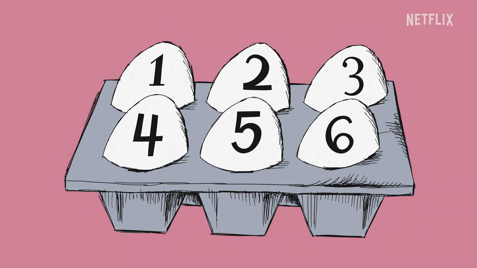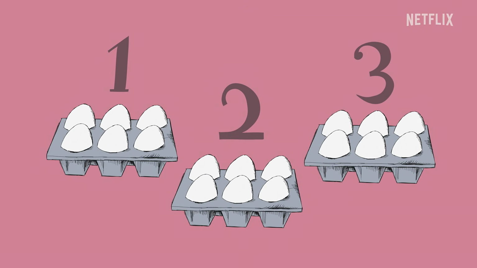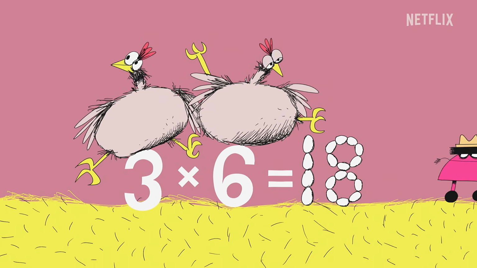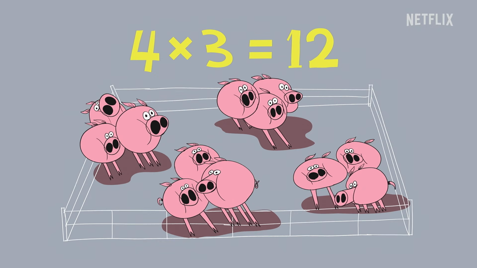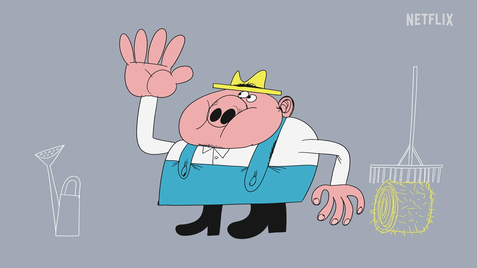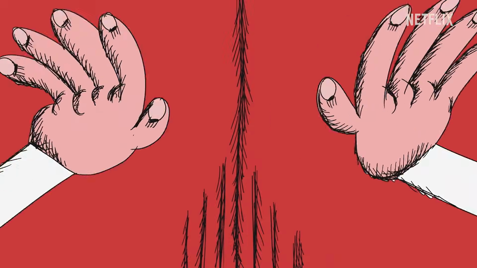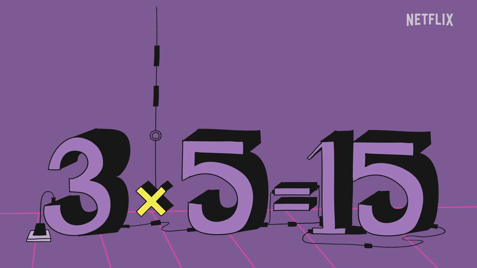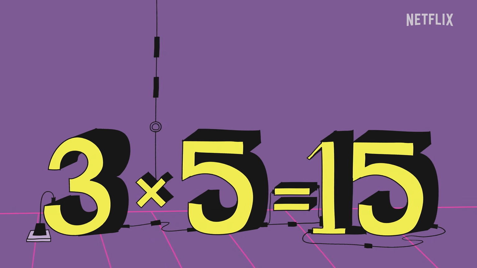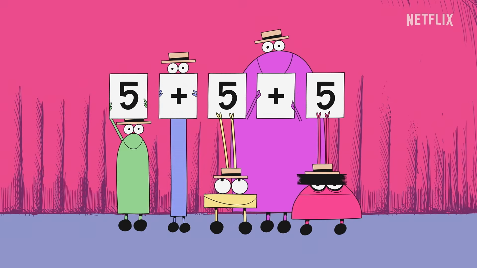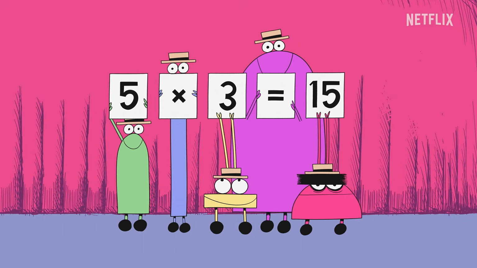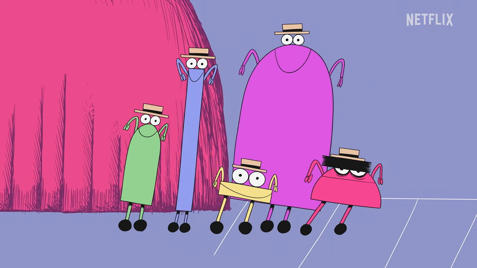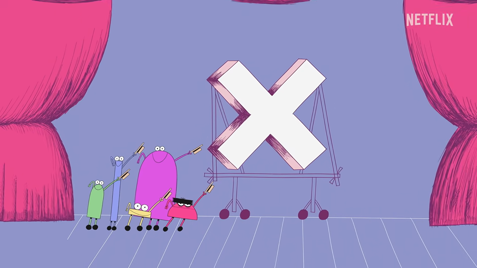There are 6 eggs in each carton, and suppose you're buying 3. Well, 3 times 6 is 18 eggs. Just count them and you'll see. And 4 times 3 makes 12 big pigs inside a farmer's pen. You've got 5 fingers on each hand, and 2 times 5 makes 10. Yes, it's multiplication. That little x means times. 3 times 5 makes 15 ice cream cones or basketballs or limes. You could add up 5 plus 5 plus 5, but here's the thing to try. Instead of adding repeatedly, you multiply. It's an awesome thing to learn how you can multiply.